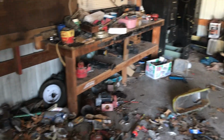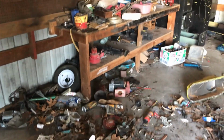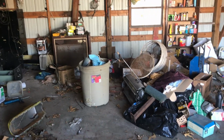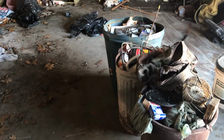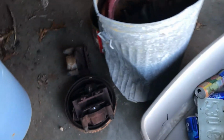And so yeah, we've just got this little corner kind of sorted and cleaned up, and the rest of it, long way to go. So we've got some trash. Let's see, 1, 2, 3, 4, 5. 5 big cans of trash so far, and then this is for sure just old scrap metal in this one,